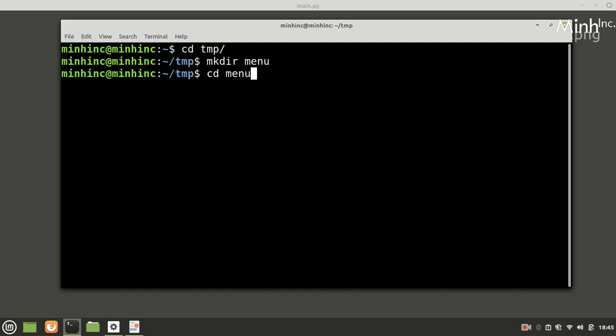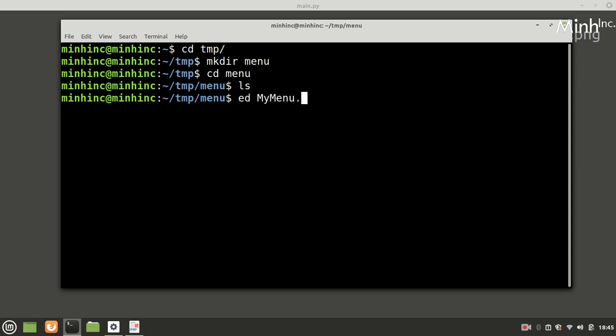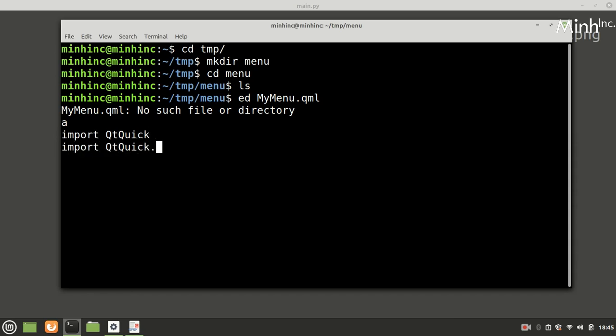Okay, and it's empty. So we'll say MyMenu.qml, and we will now import whatever we want: QtQuick.Controls. That's it.